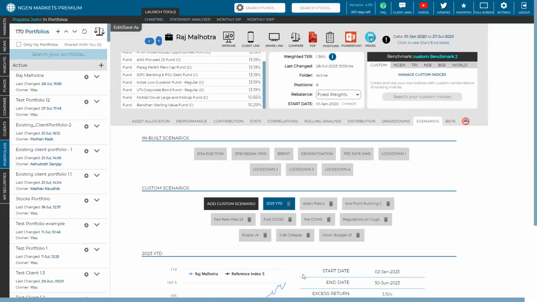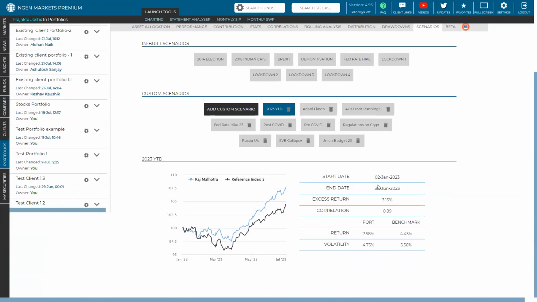If you just click on it again, it will change into a custom benchmark that you would have created. And we can check that the performance of the benchmark was 4.43%, right? So it's definitely an excess return of the portfolio to an extent of 3.15%, because 7.58 plays 4.43